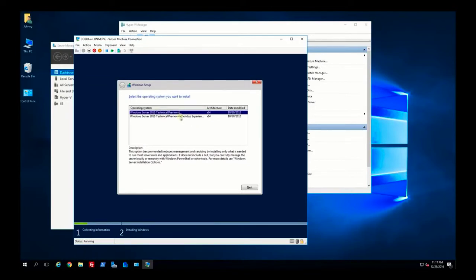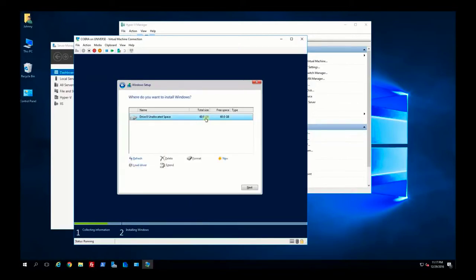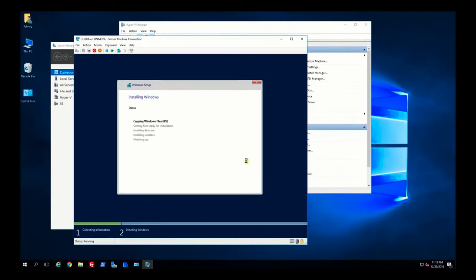As you can see, it lets me choose the operating system. That's from my ISO. I'm just going to simply click Next. I'm going to have a desktop for my preview, accept it. And here you'll notice this is the 60 gig hard drive that I've created, and I'm simply going to click Next. And it's simply going to start copying and installing the files. So I'm going to pause here and wait until this installs and then show you exactly how to configure the network card itself and the network connections